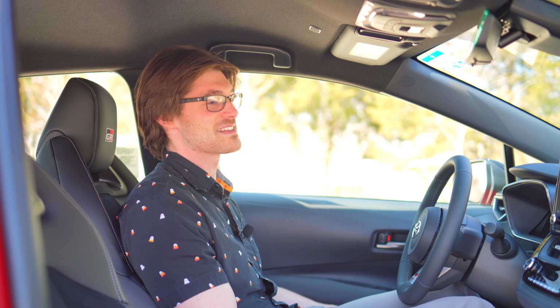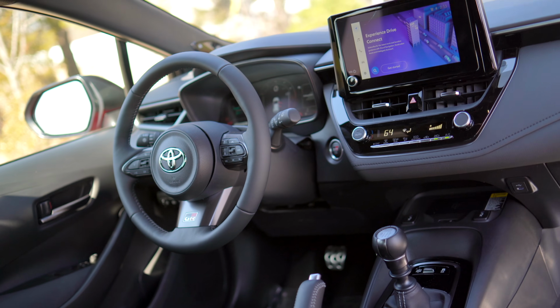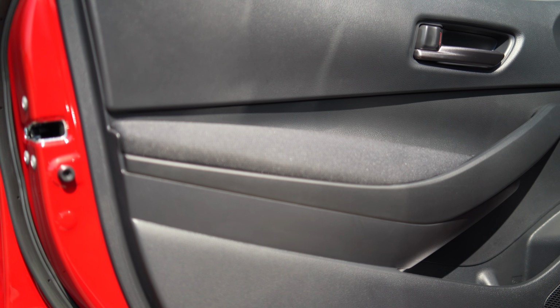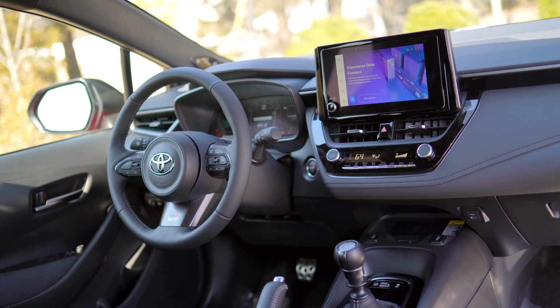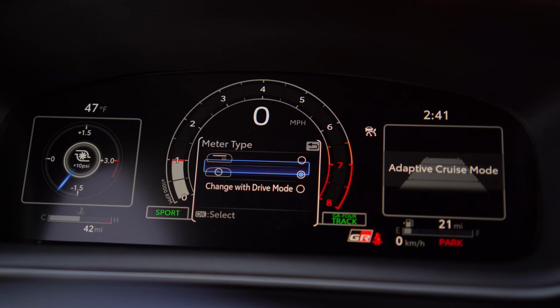They're great for back road driving without becoming a nuisance for day-to-day life. I could just use a little bit more thigh support. It's not really that premium. And the same goes for the rest of the interior. There's no different accenting here on the door cards from the core. There's no more contrast stitching. It is very much a base Corolla in here, with a few nice additions like the full digital gauge cluster,